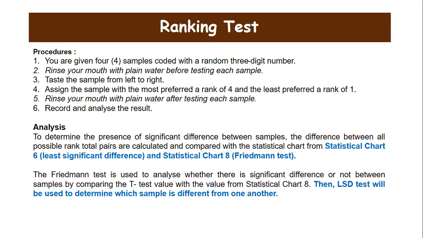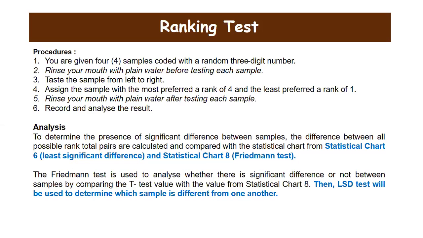Like hedonic with more than two samples, firstly, we need to determine whether there is a difference or not between samples. If the result shows that there is a significant difference, then only we continue the calculation to the next step, where we find out the least significant difference, LSD. In order to determine which sample differs from which sample, we use the value of least significant difference,